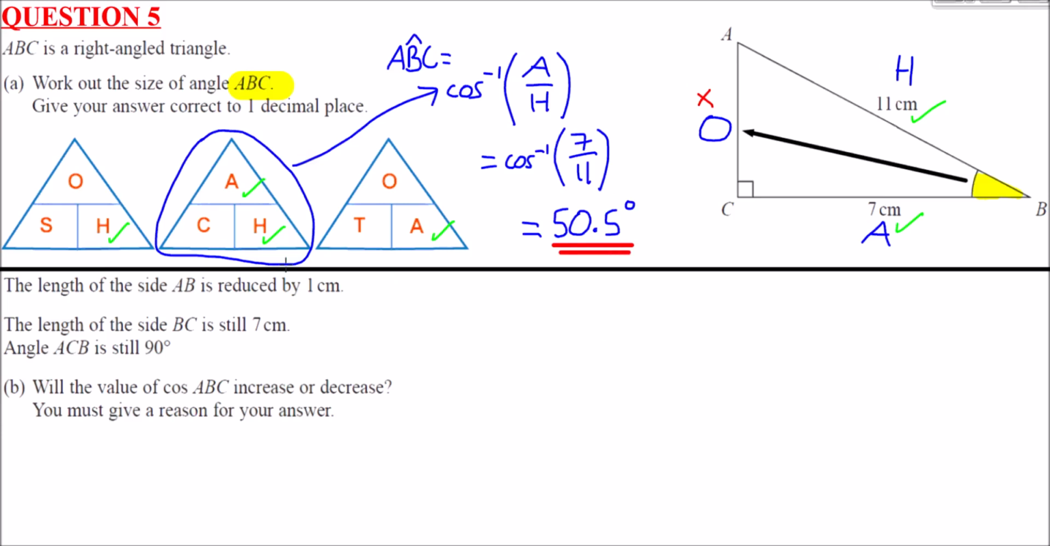Next, it says the length of side AB is reduced by 1 centimetre. BC is still the same, angle ACB is still 90. Will the value of cos ABC increase or decrease? You must give a reason. So before it changes, so the original value,